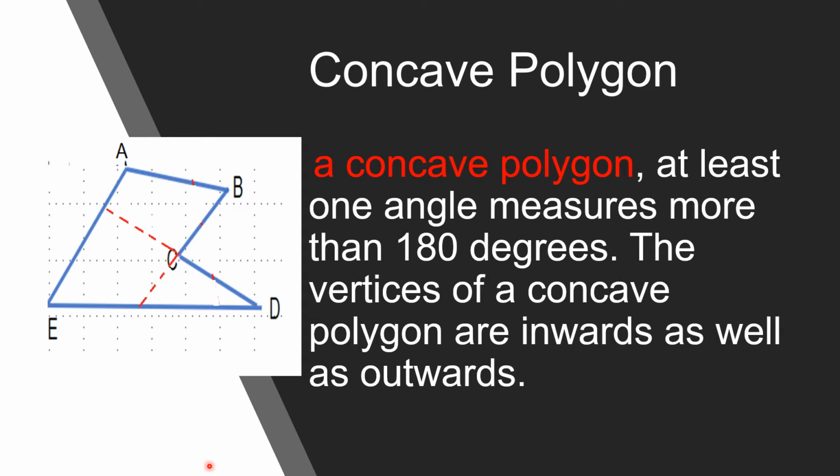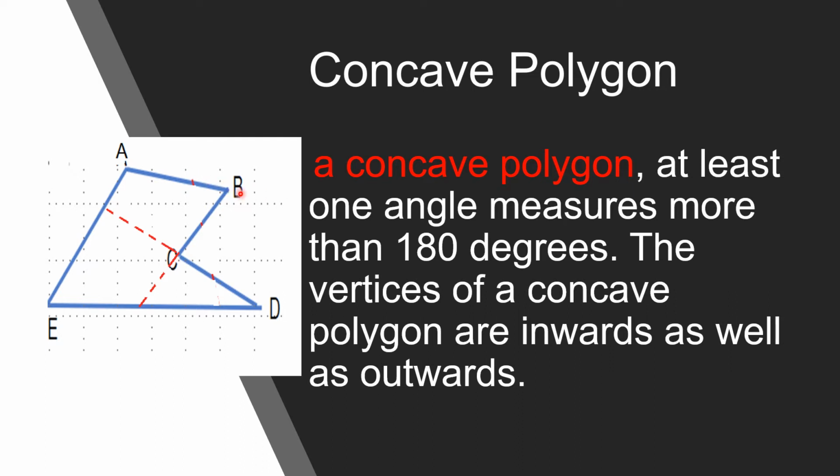Again, as I have told you a while ago, a concave polygon has at least one angle measure more than 180 degrees. The vertices of a concave polygon are inwards as well as outwards. Look at this one. The measure of this angle is more than 180 degrees. And if we extend the side, it will pass through the interior of the polygon, and this side it